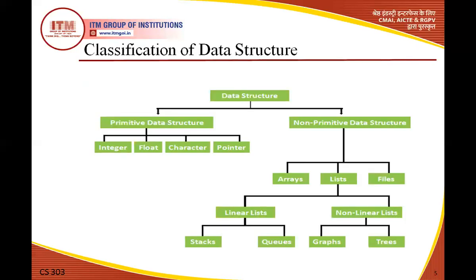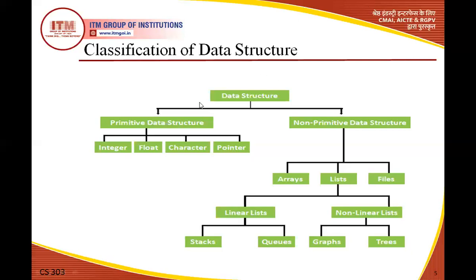First of all, this is the diagram for that. You can see by this diagram, classification of data structure means that we divide data structures into two parts: primitive data structure and non-primitive data structure. You know that a data structure is a logical organization of data. It's not a physical organization. It's a logical organization of data in our computer memory. How can data be stored in memory? There is some organization of data. We have to organize data in different manners, so it is divided into two things.